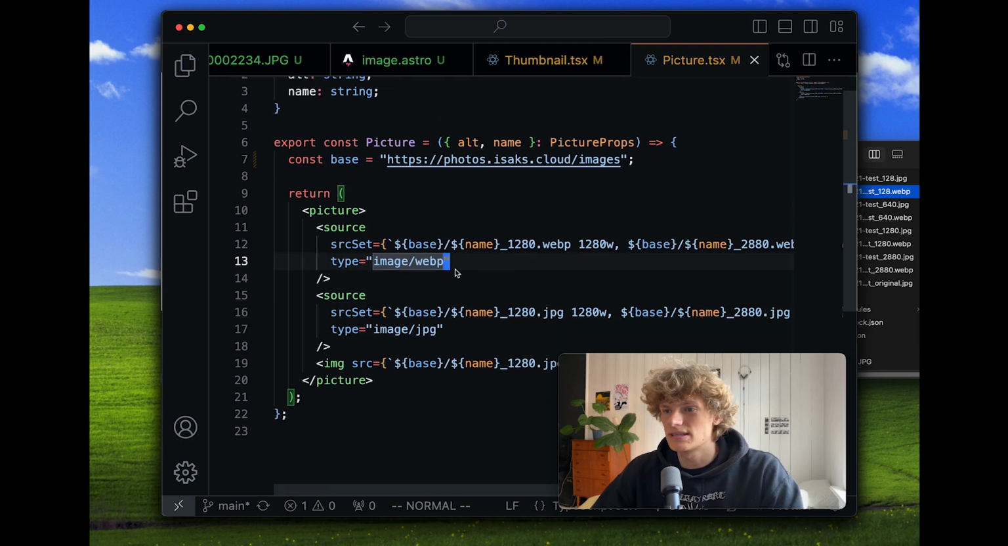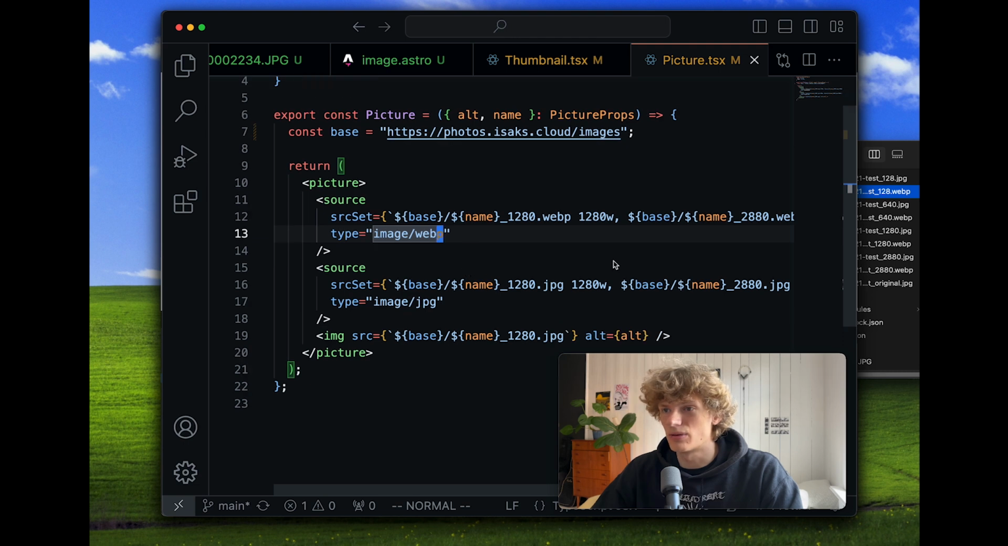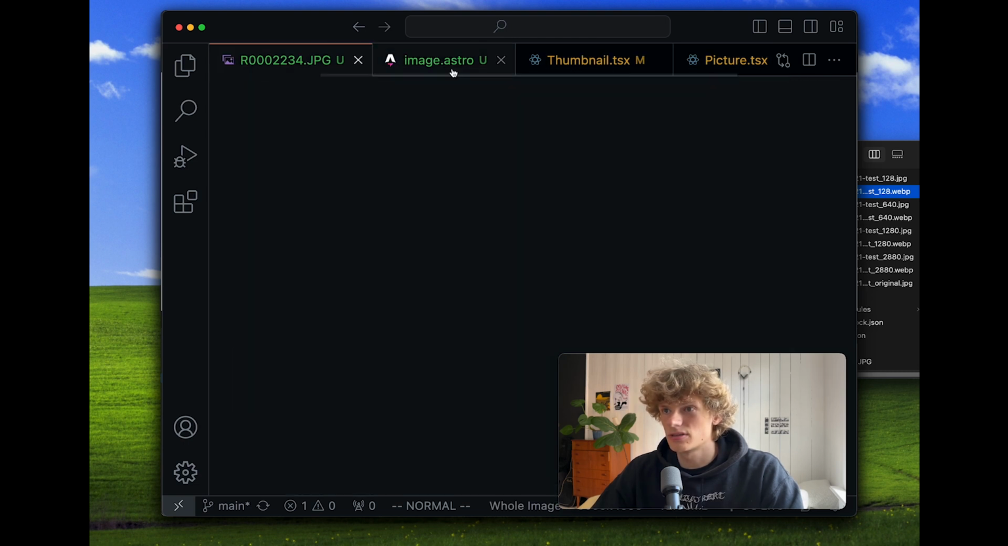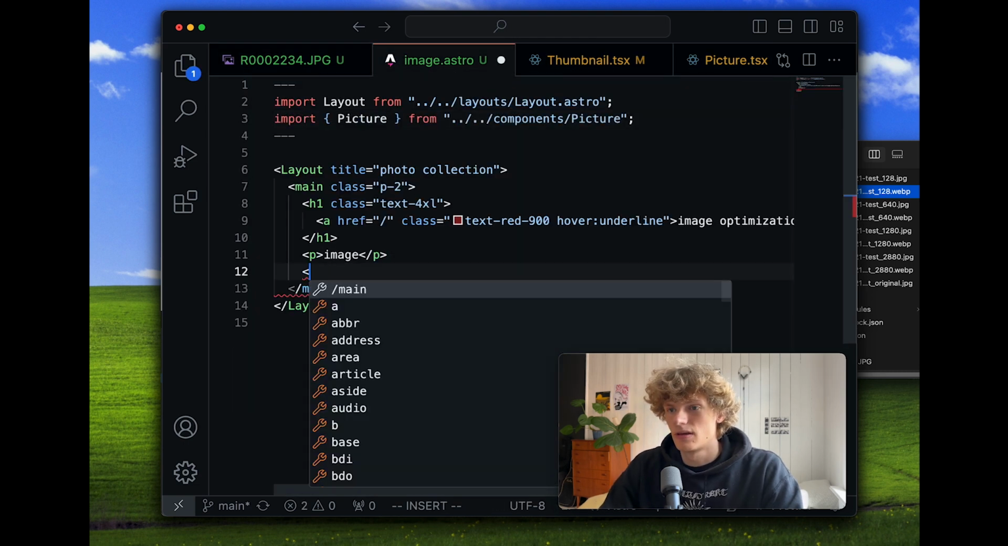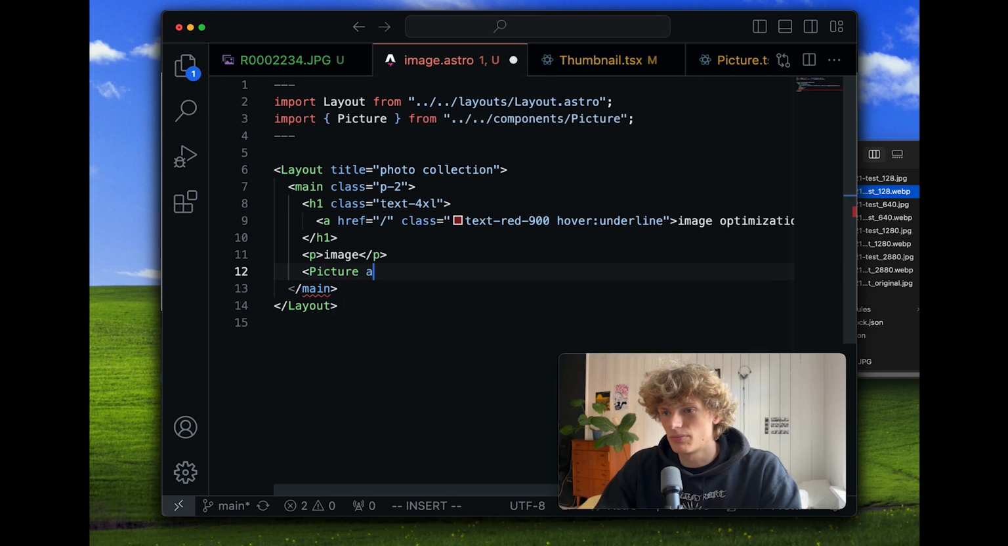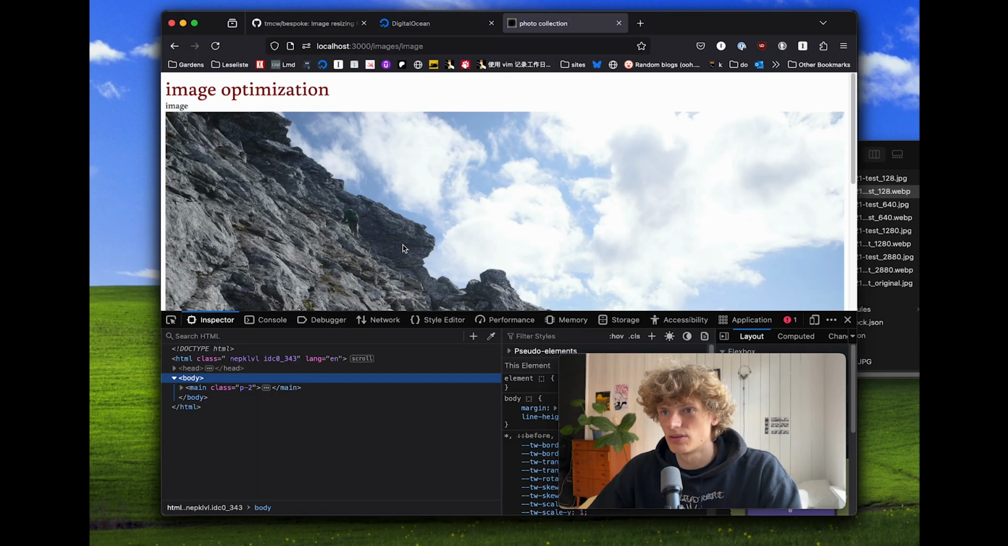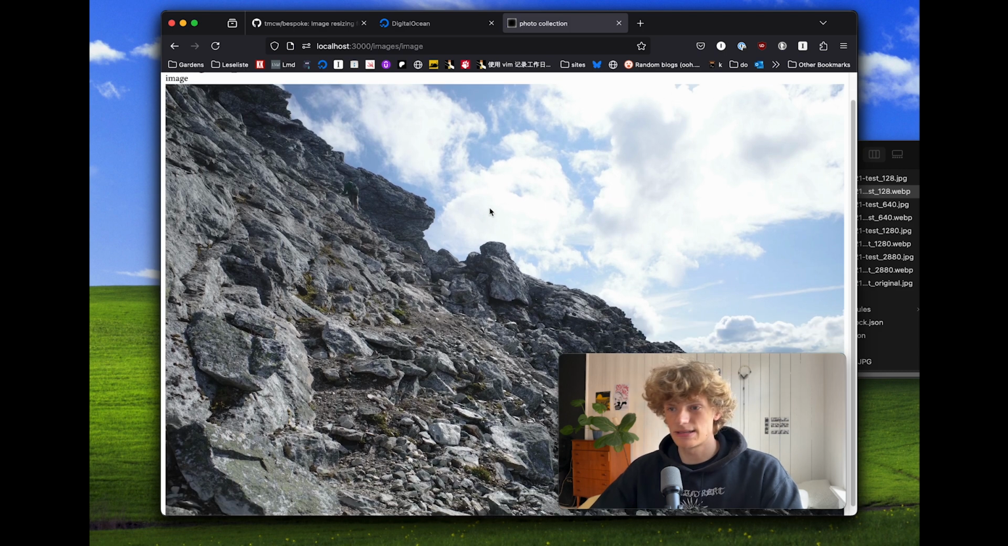Now, what is this going to look like? I can show you in the browser. So if I first go ahead and use this picture component, give it a name, which is going to be the same as last time, and an alt text of mountainside, like that. Save that. I can jump back in Firefox, and we can now see that this is being rendered in a